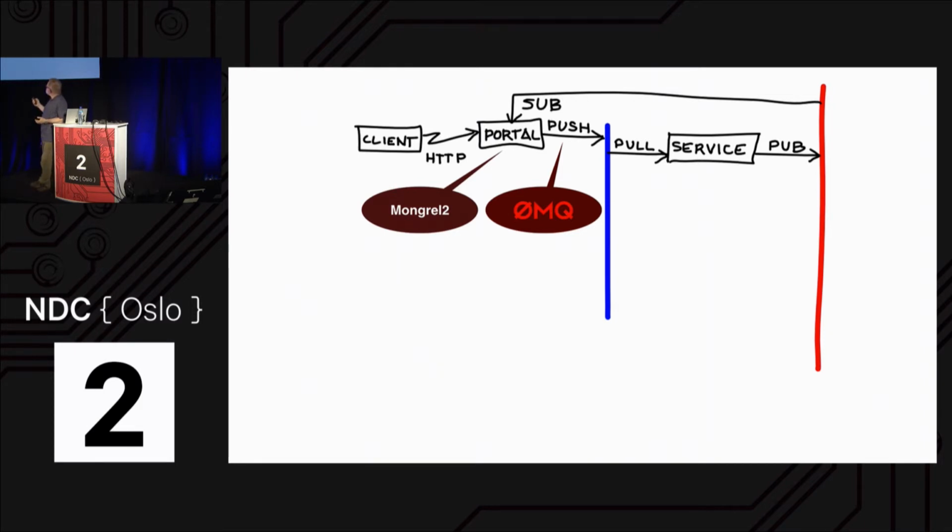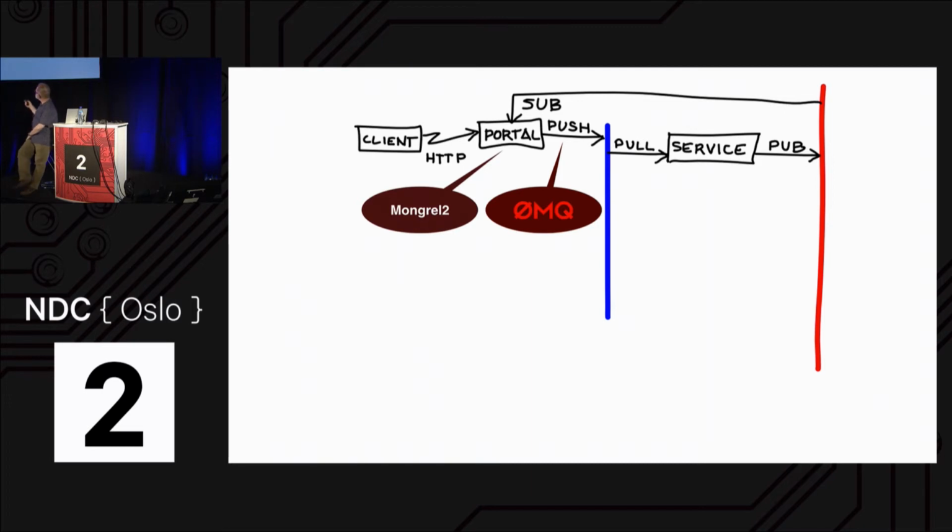But the basic idea of Mongrel 2 is that it is a translator. It takes HTTP in on one side and it generates 0MQ messages on the other side. So the way that you plug a service into this web server is by writing a service that pulls messages off of some queue where the portal here, Mongrel itself, is pushing messages. That means that the service is not plugged into the web server in any physical way. The service could be running on a different machine in a different data center. They connect across the messaging system using a TCP IP address. So it's a standalone thing.